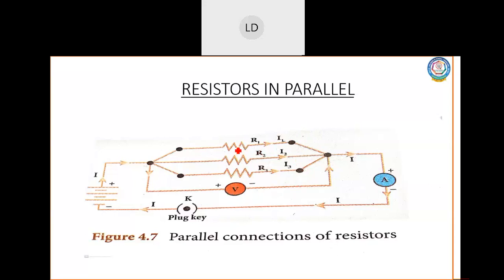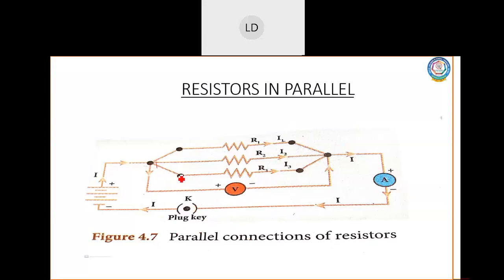That is why all these three are connected in parallel, and that is connected to a voltmeter. Now as far as this circuit is concerned, the potential difference remains the same, but in the previous circuit we saw potential difference was varying, current was remaining the same. But in parallel connection, current remains different and potential difference remains the same. Now I allow current to pass through the circuit. Now at this point the current breaks.